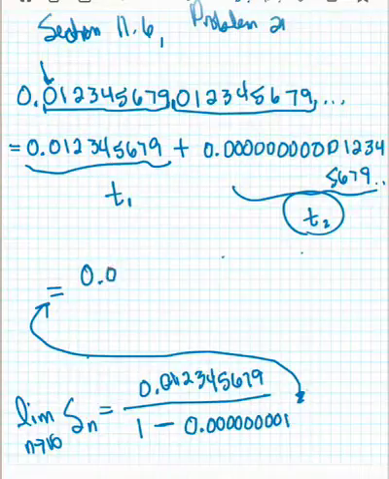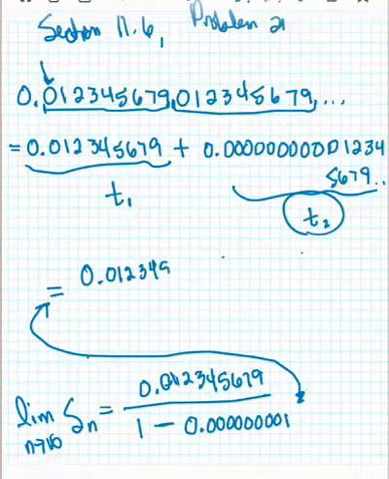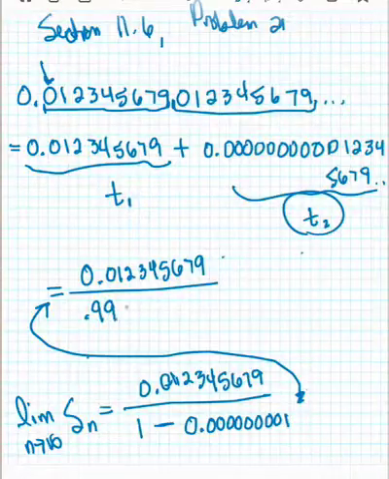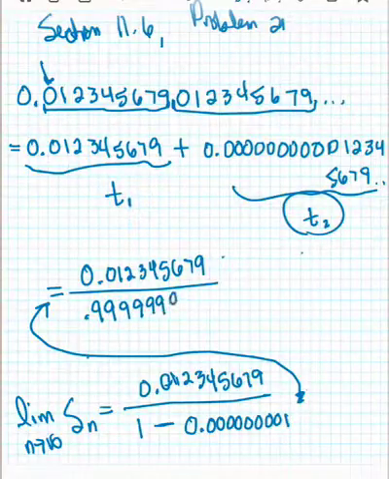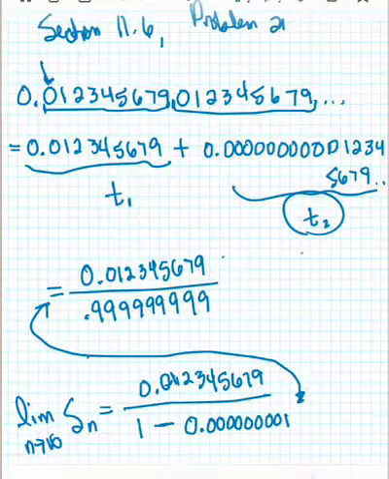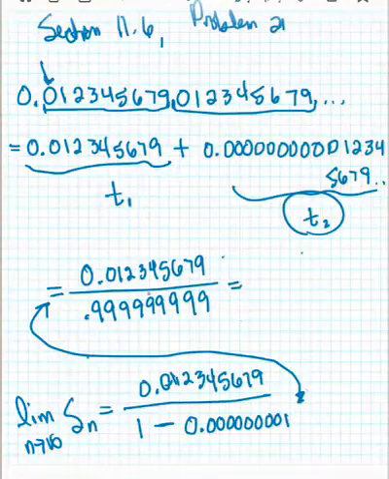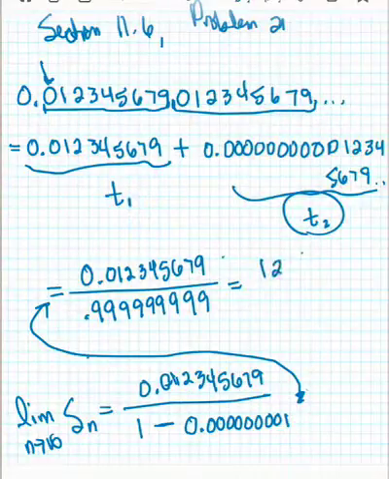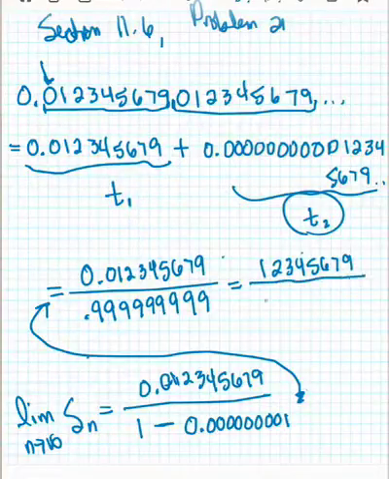The top number will stay the same, 1, 2, 3, 4, 5, 6, 7, 9. And the bottom, I'll just subtract those off. So 1 minus 1 times 10 to the negative 9th is 0.9999 and so on, with 9 nines. Now I can move the decimal over 9 places on the top and the bottom, because I can just multiply the top and the bottom by 1 times 10 to the 9th. So I get 1, 2, 3, 4, 5, 6, 7, 9 divided by